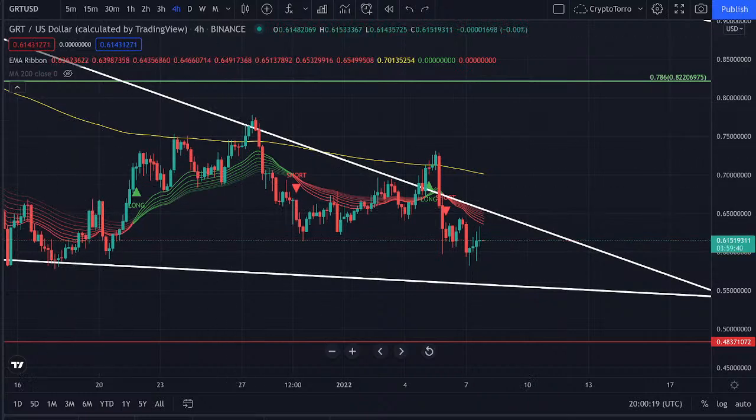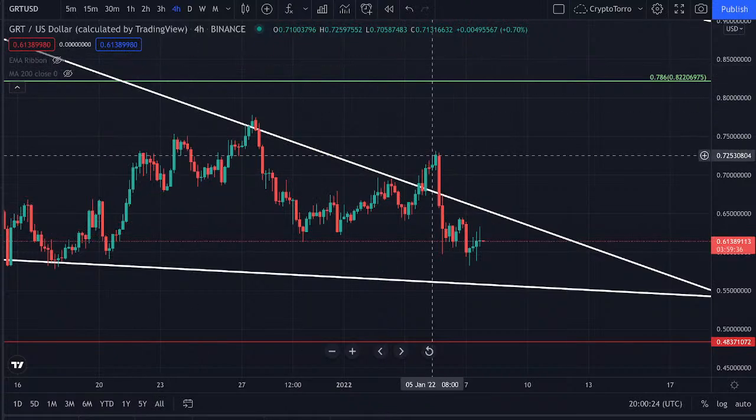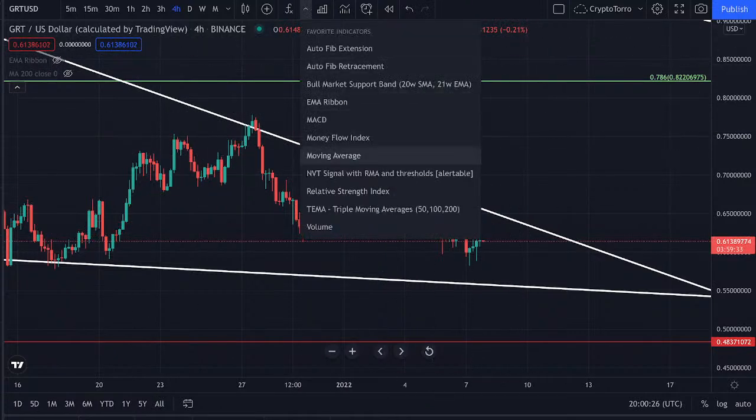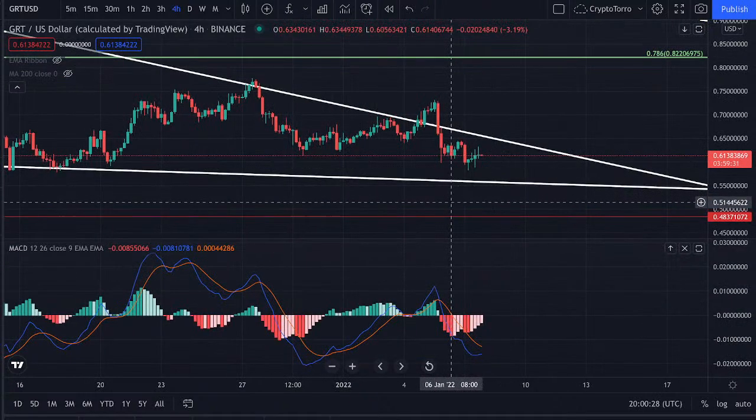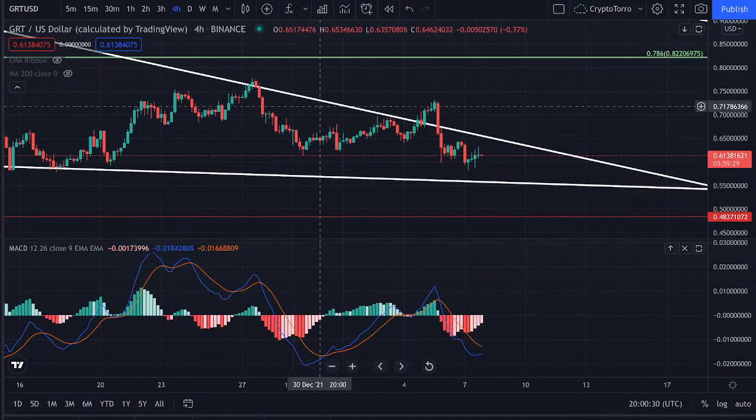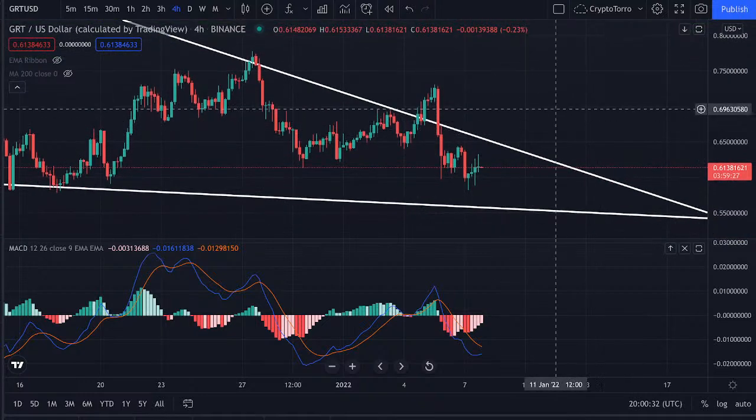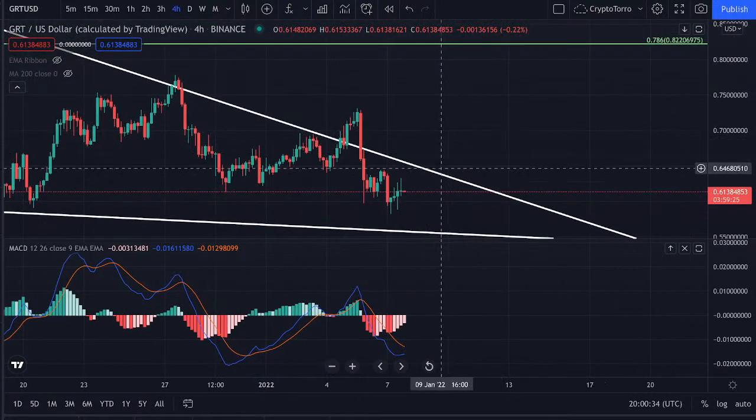Also, let's take a quick look at the EMA ribbon, the MACD and the RSI. So if we look at the MACD on the 4-hourly time frame, you can see that the graph is actually looking very good to me, especially because